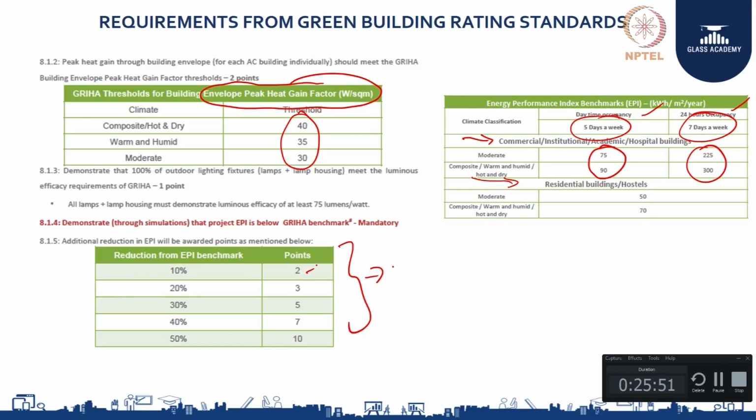So what we can understand from here is, for this EPI that they have given, to understand that we need to do the simulation, and by using different glasses you can see how much is the EPI that you get for the particular building, and then based on that you can take a decision on what should be the solar factor range and what should be the U value range for your glass when keeping all the other factors constant. So with that we come to the end of whole building simulation. Next we go to the next topic,